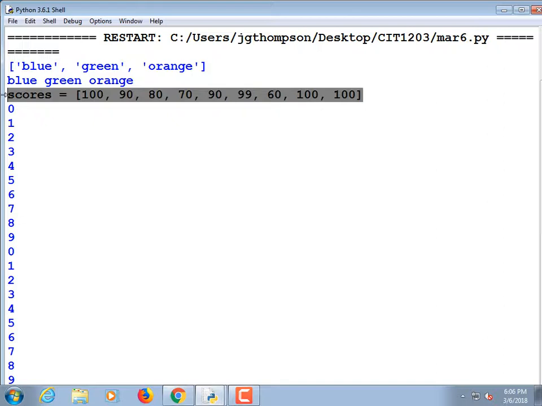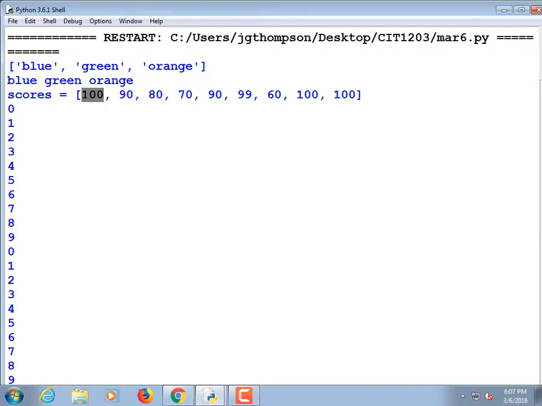That makes me happy. Why? Because I want to write something that will count through it and maybe add them all up. At the very least, print them out for our first run. So that's going to be element 0, that's going to be element 1, that's going to be element 2. So I is going to count from 0 out up to, what's the highest index it's going to hit? If this is 9, we're going to start at 0 and go up to,